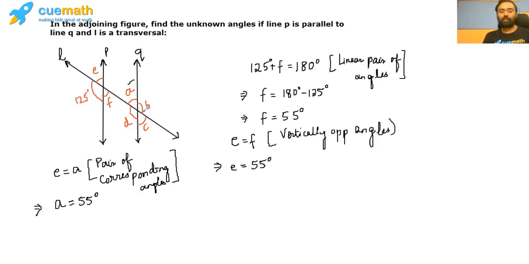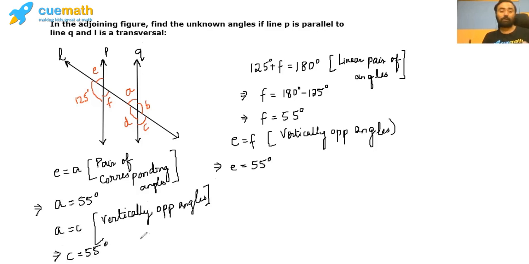Now, if we look at the position of A and C, these are again two vertically opposite angles. So A is equal to C, the two vertically opposite angles. Hence, we can write that C is equal to 55 degrees. Now see, we've got a number of angles whose value is 55 degrees, but that is because of the position of these angles. And you just saw how from one angle we moved on to the other angle, and in this process we already have got the value of 4 variables. We just have to find the value of 2 variables.